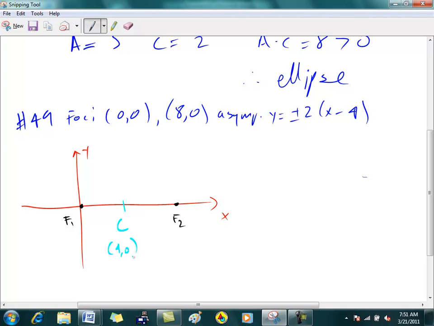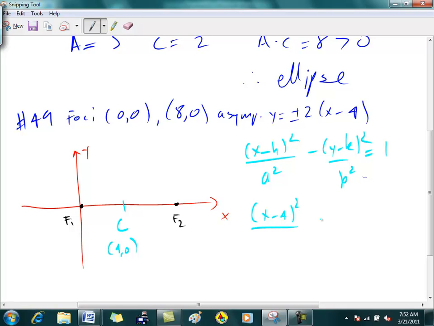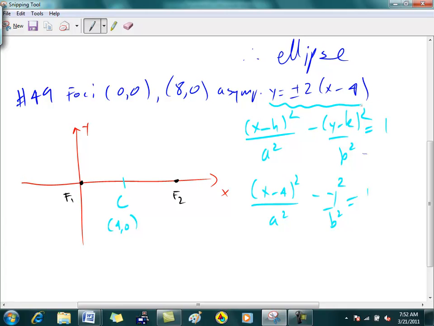Okay? So your standard form is going to look like what? X first or Y first? If it's horizontal, then x first. Okay, so it becomes x minus h squared over a squared minus y minus k squared over b squared equals 1. Okay, and you know what h and k are. What's h? 4. So then this becomes x minus 4 quantity squared over a squared, and what's k? So this becomes that. Okay, and now they've given you the asymptotes right there, right? Okay. Now the couple